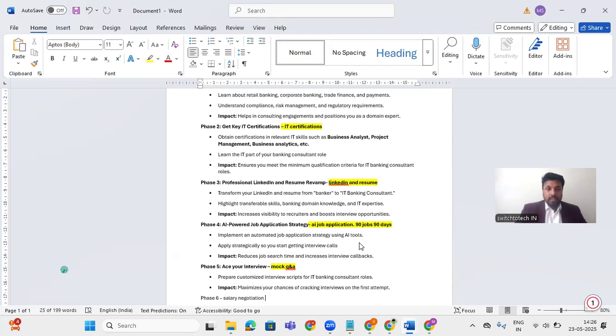And finally, the salary negotiation. The avatar will also help you with the salary negotiation. This is the entire framework, everyone. This is what you have to follow once you sign up for the course, right from completing the first phase,